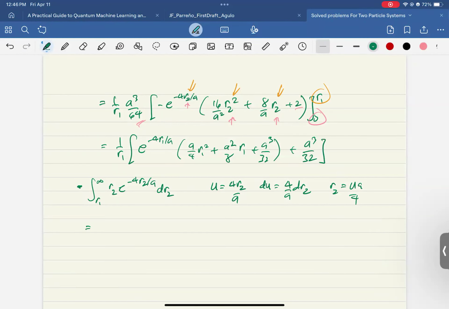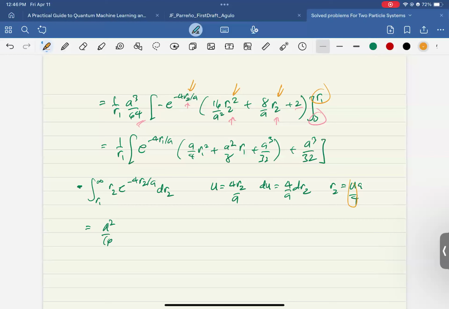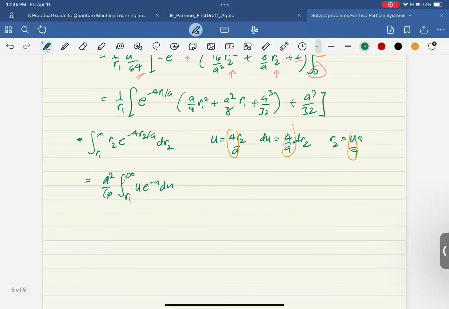So, yung integral na to gives us A squared over 16 kasi may coefficients ka dito, U over 4, 4 over A, 4 over A. A over 4, tama. Okay, so A squared over 16, and then evaluated from R1 to infinity, ng U e to the minus U du. Okay, and pag in-integrate natin yan, we'll end up with